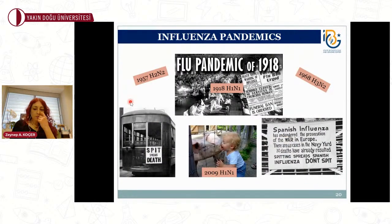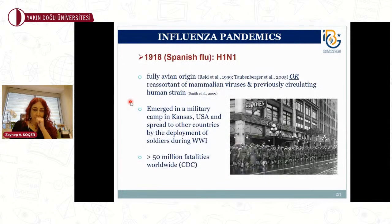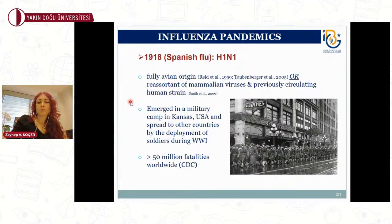So let me talk about the pandemics a little bit in detail. In 1918, as I said, we had a pandemic caused by H1N1. This virus was fully of avian origin according to some scientists, while other scientists thought that the virus was a reassortment of mammalian viruses and a previously circulating human strain. Because there is no solid decision on this,